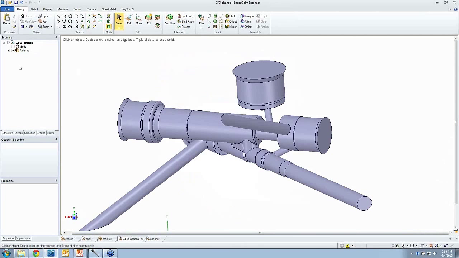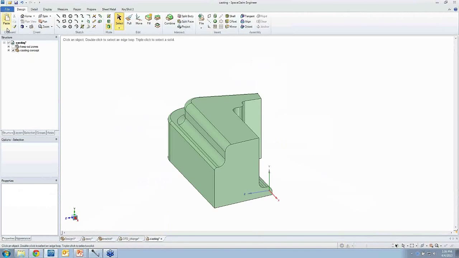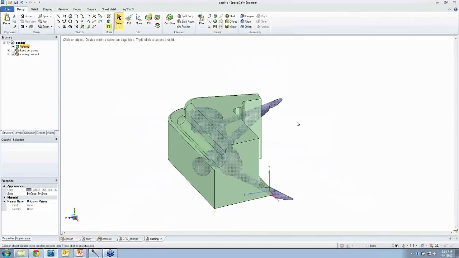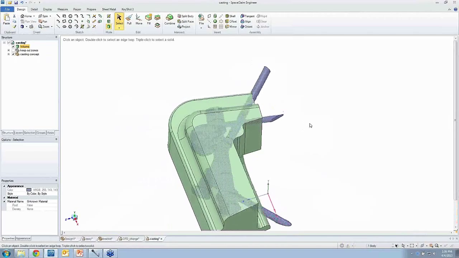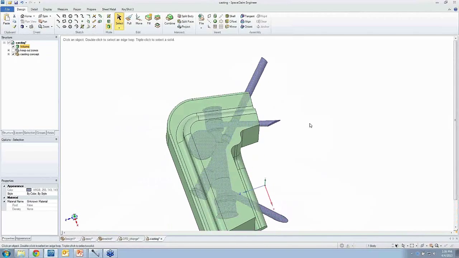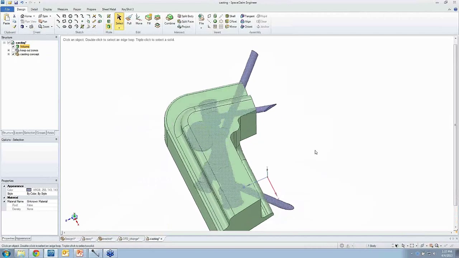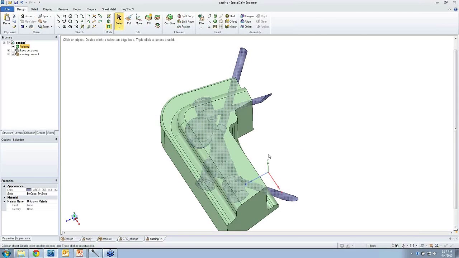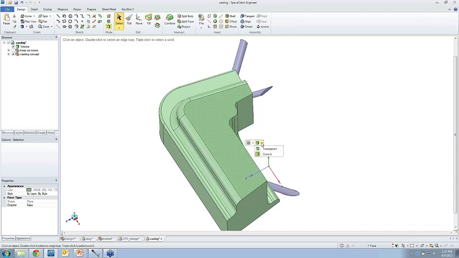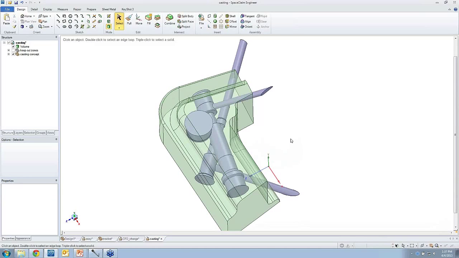But what I want to do is take this volume that I just worked with and, same as before, throw it into this model and copy and paste it. Alright, so you can see the volume sitting inside of the solid. These are just two independent solids at this point. And how do I make sense of this now? Well, probably one thing to do to start would be turn this into a transparent model